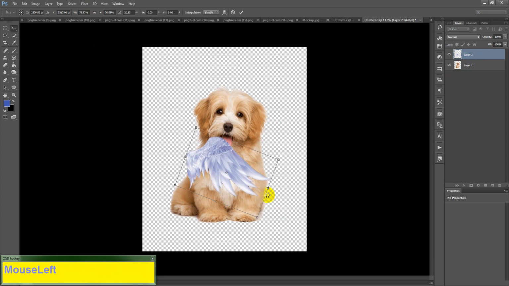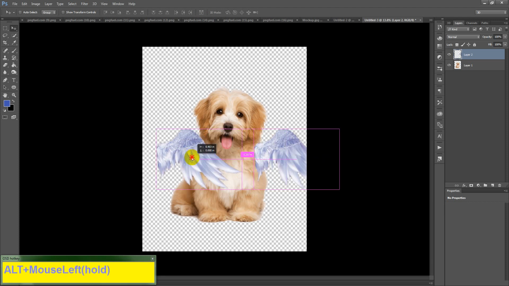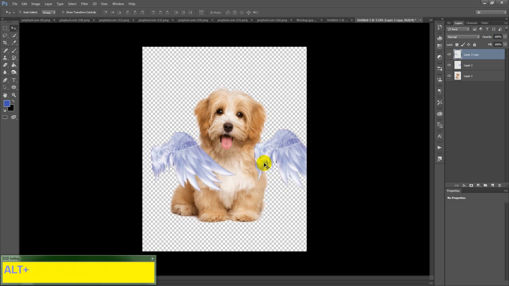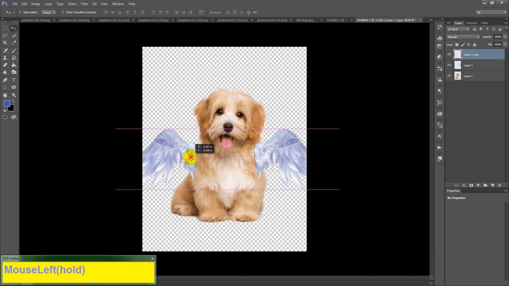just to place it the way I want it to be, something like this will give it a look like this is the wing of that. Okay, I am pressing Alt and then dragging again, that will create another copy of that wing. Again I am selecting that, pressing Ctrl T to give me this transform option. So I am placing them just like this, and as you can see these wings are on top of my